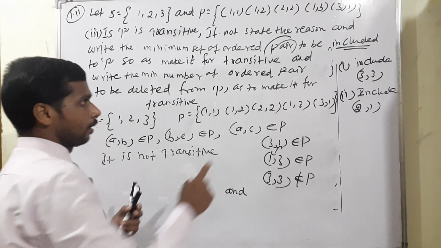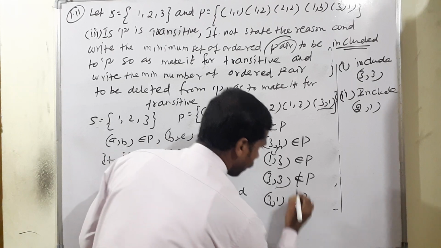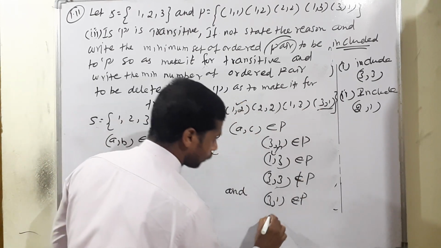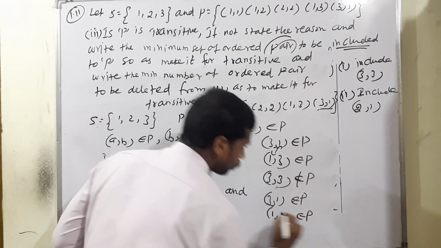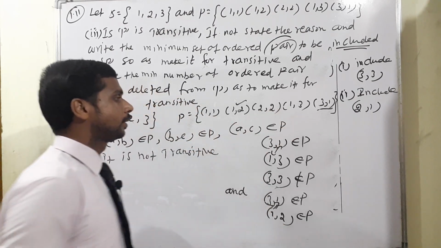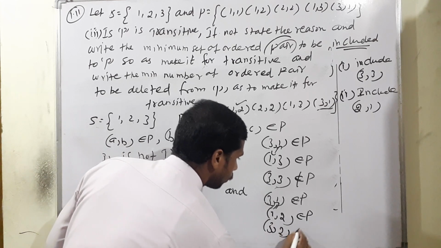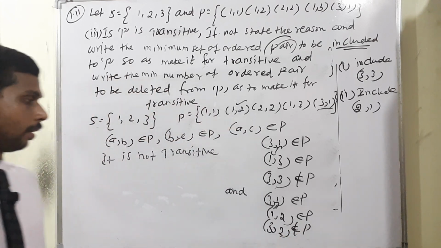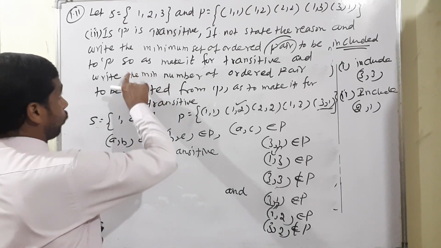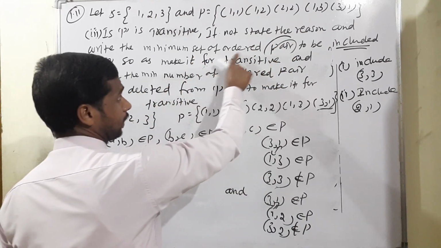Look at comparing 3 comma 1. So 3 comma 1 belongs to P. Now 1 comma 2 also we can take, 3 comma 1 and 1 comma 2. 1 comma 2 also belongs to P. Now this is a connected pair. Now 3 comma 2, check is it available or not? 3 comma 2, there is nothing. Therefore 3 comma 2 also does not belong to P. That's why we are saying it is not transitive. So condition number 1: to make it transitive, what set of ordered pairs